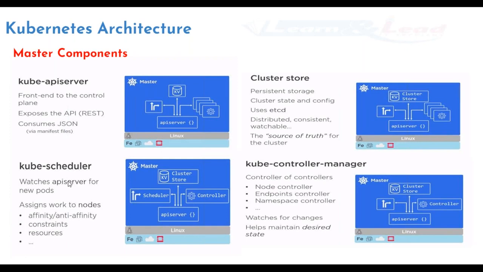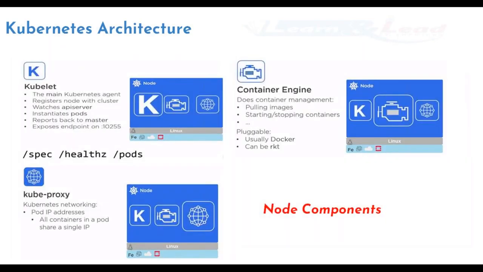So the scheduler schedules or assigns a node where the pods can be run based on certain rules like constraints, resources, and then affinities we can take into the picture, and then we want to schedule our things into various nodes in the cluster. So these are the roles of your master components. I hope everybody is clear here. So let's jump on and then look at your node components.